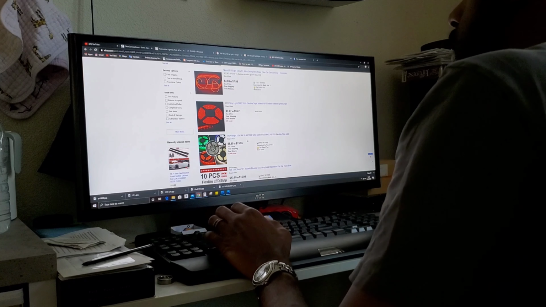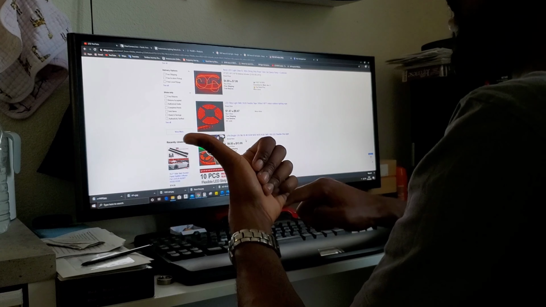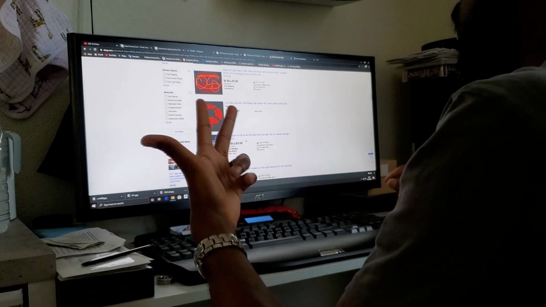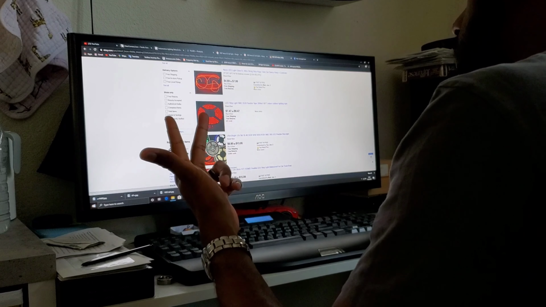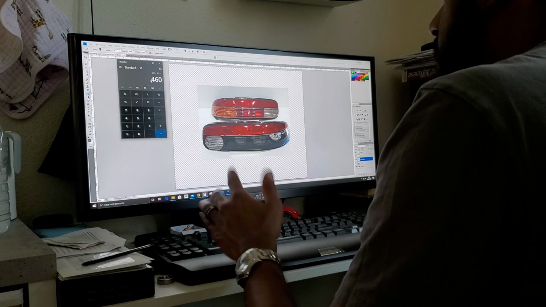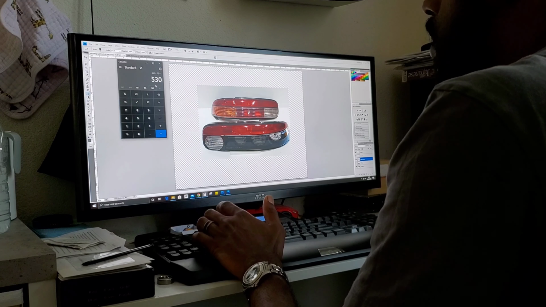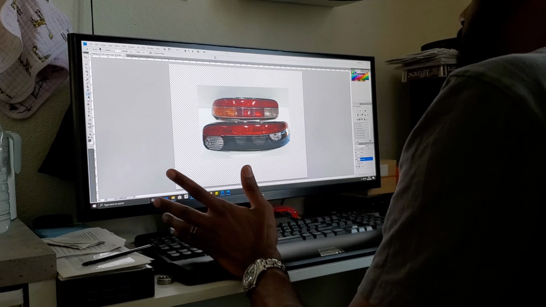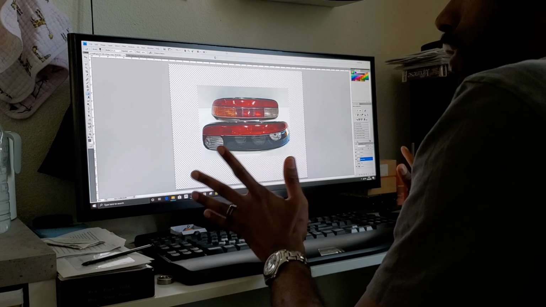Let's say they're $13.95, so we need white for reverse, red, and then we need amber for turn. So we need 3 of those layers. So that's going to be what, 246, another 60 bucks. Let's just say 70 after tax and shipping, plus 70. Boom, there you go. So now you're at 530, and that's just with you doing the work on some basic